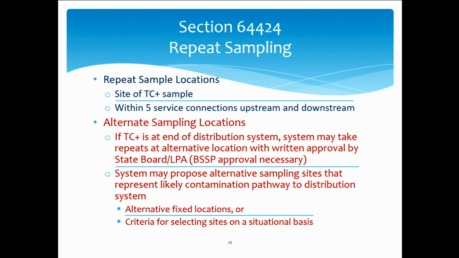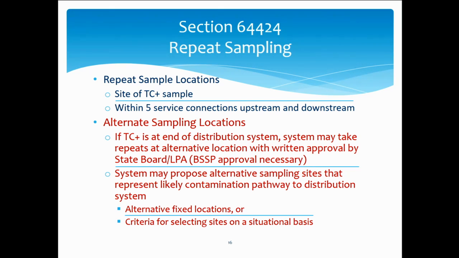But again, it has to be in your Bacterial sample siting plan. And then you can propose alternative sampling sites that may represent the likely pathway of contamination to your distribution system. And you can either choose set sites, or you can have a standard operating procedure where you choose